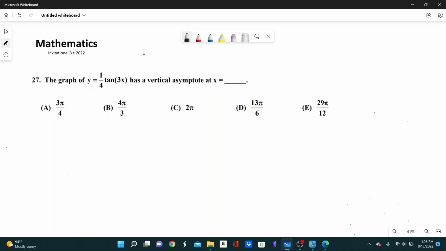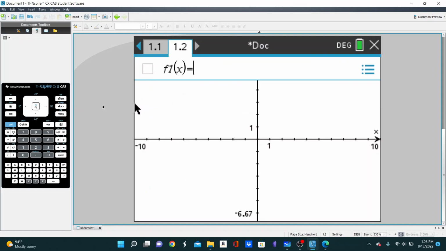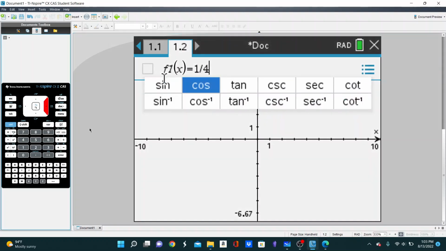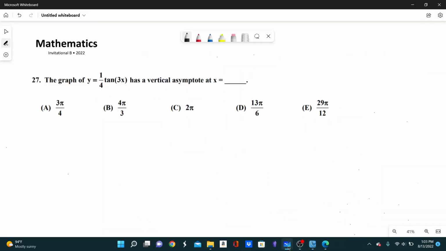And in fact, I can just show you what this looks like, just so you can understand it a little bit better. So if I'm going to add a graph, 1/4, make sure that's in radians, 1/4 times the tangent of 3x. As you can see, this repeats over and over again, and you have tons and tons of asymptotes. And so the way this works is basically you're going to have an asymptote